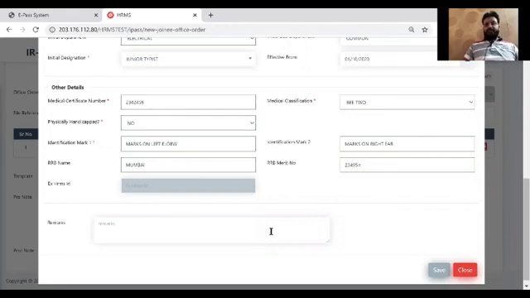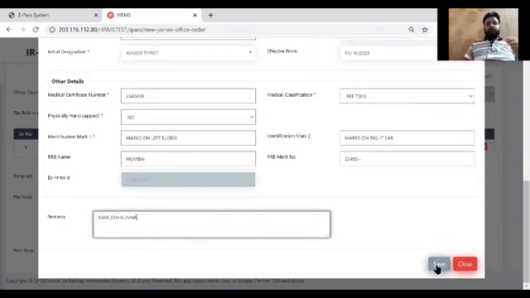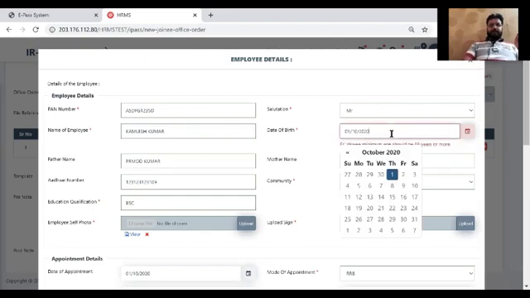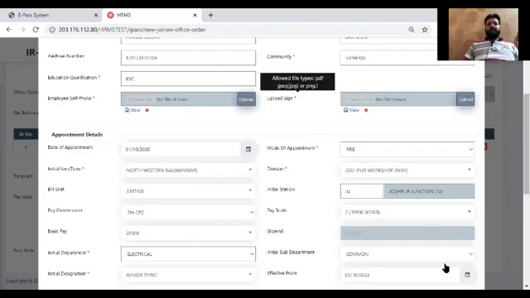Once this information is done and I click on the save button here, it will validate all the information. If any information is wrong, it will block me here. Like, I have not given the age correctly, so it is asking me to enter an age greater than 18 years. That is the minimum entry age to the system. So I've done that and I click on save.